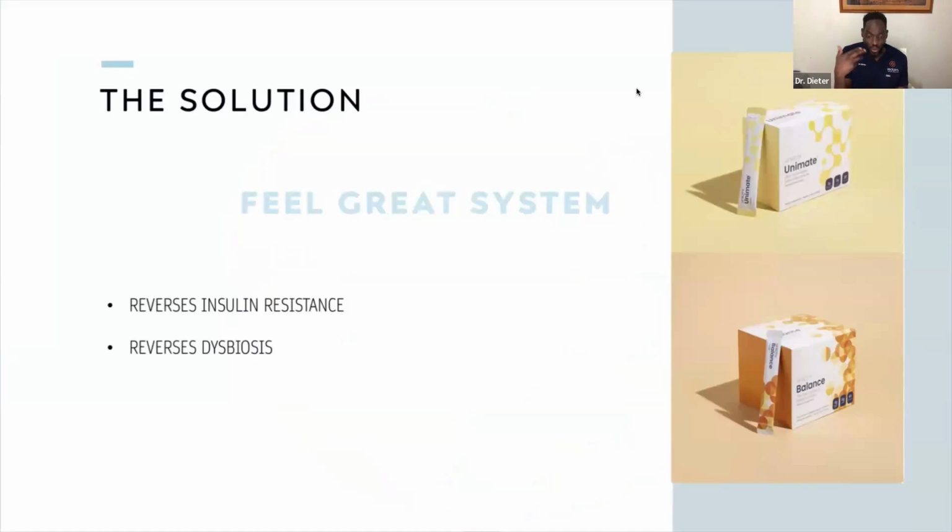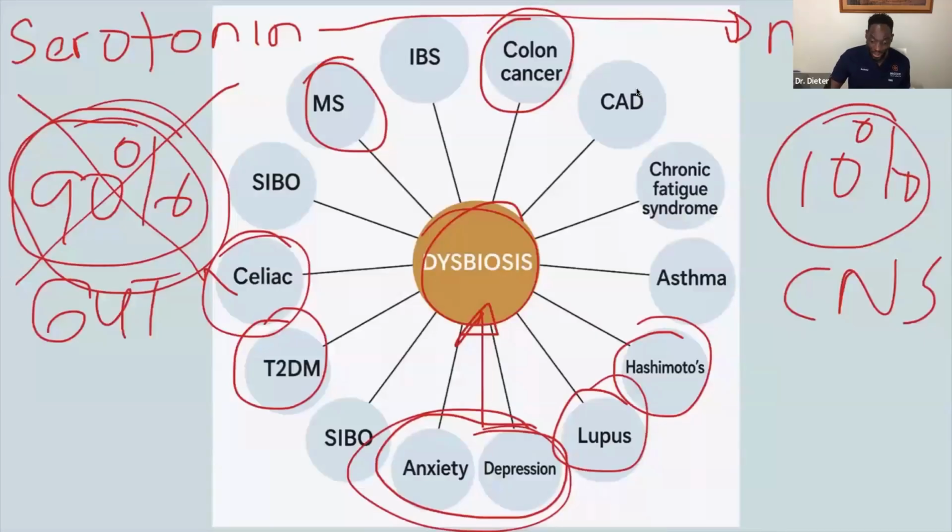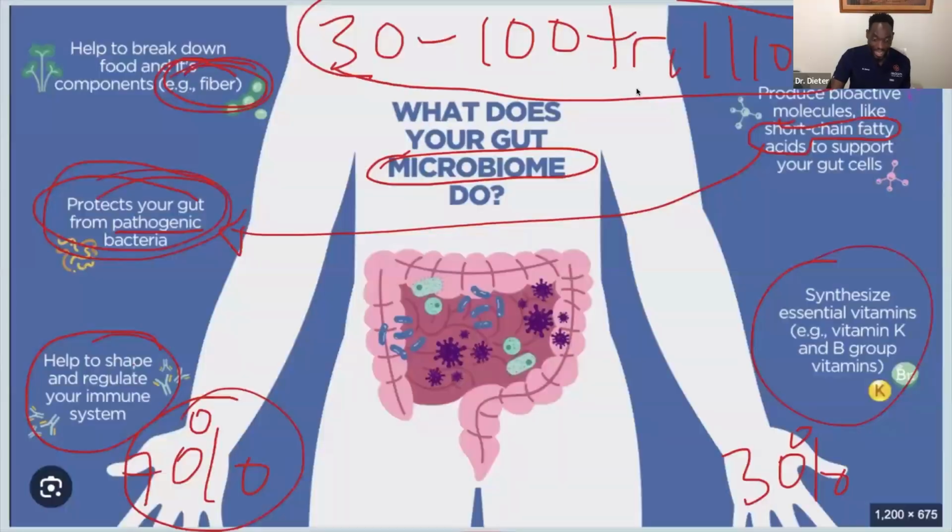And they answered their own question by saying it had to do with the foods. Our ancestors ate foods that were rich in special phytonutrients that preserved their energy, that caused insulin to work well, that caused the gut to work well. So they asked the question, what if we can go back, look at the phytonutrients that our ancestors were consuming 100 years ago that caused their gut to be healthy,